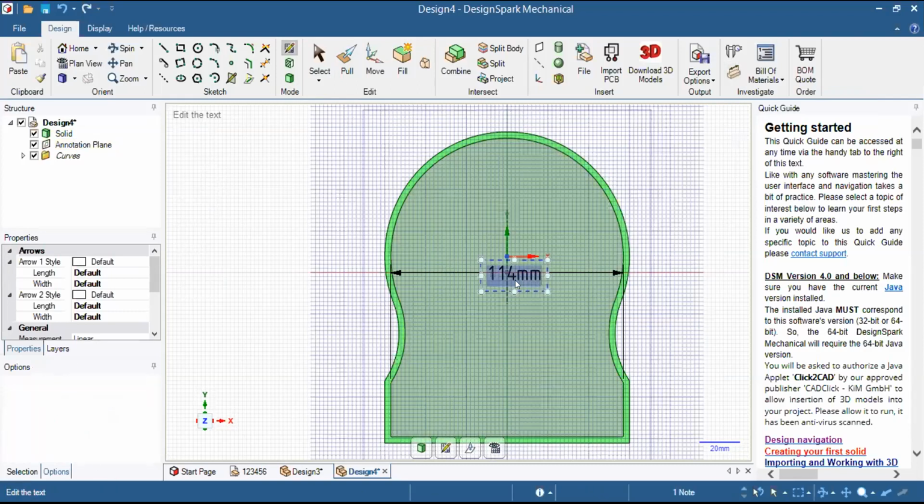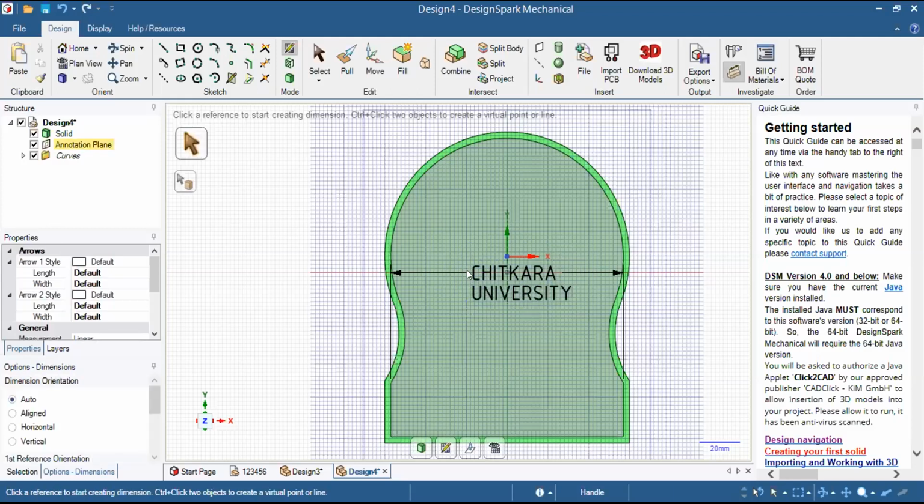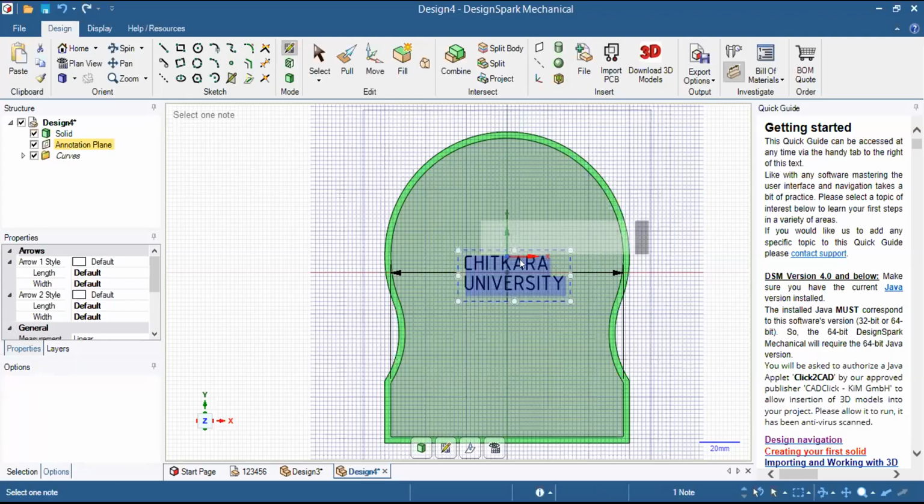We will select all this and replace it by the name of the university, so it will be Chitkara. I have just used enter to bring it down, University, right? Now I will just bring it into symmetry.